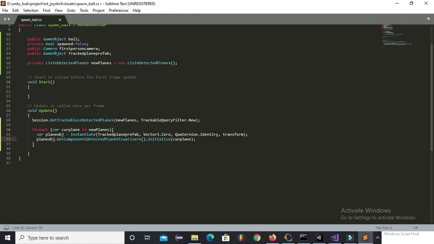So now to visualize the plane, we will call the method initialize of script detected plane visualizer. So this is the script which has already been written by Google ARCore. So now we will apply some random color.